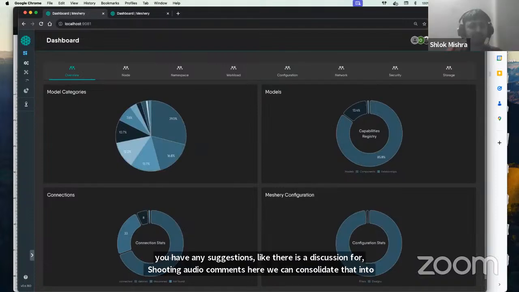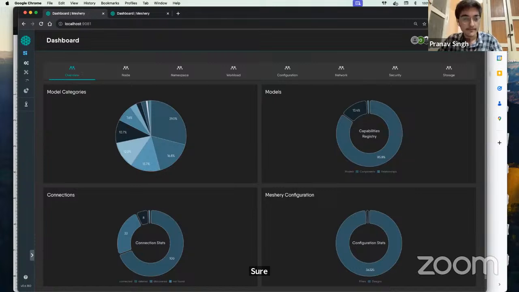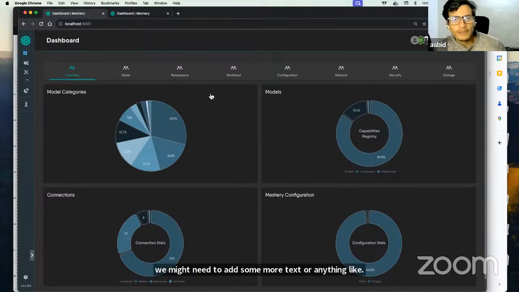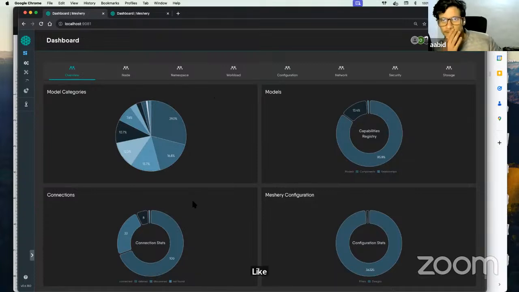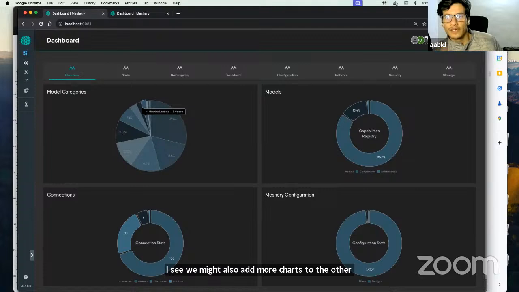I'll just try to mock up something that would look more eye candy. Sure. Actually, we might need to add some more text or anything to intermingle with the charts, but we will keep the charts anyway. We might also add more charts to the other tabs, like some aggregate information for them.